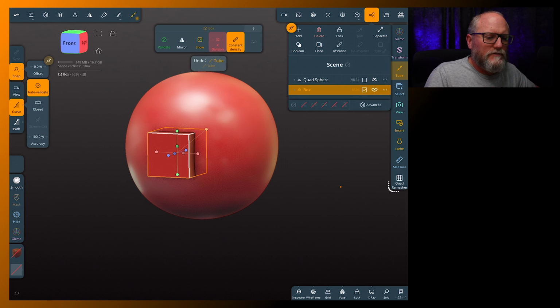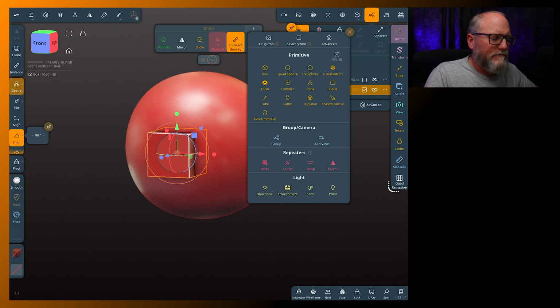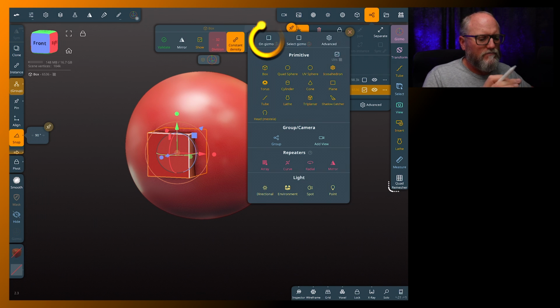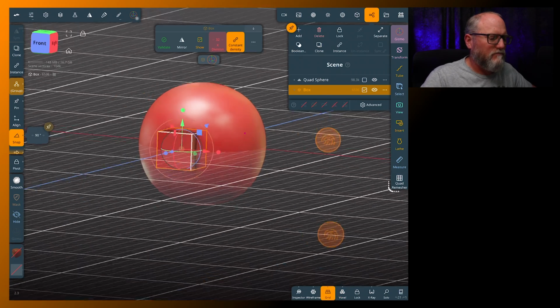Whoops. So I'll go back up to the Gizmo tool. All right. So what we're going to do is add a tube to this. Now, I have this clicked. If you don't have this clicked, it's going to always bring the tool to the world center. All right. If you have this and it's out in space somewhere, so let's put the grid on so we